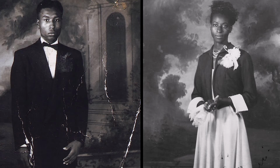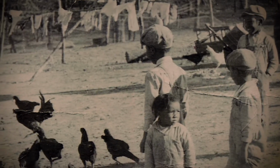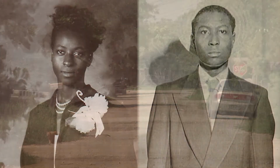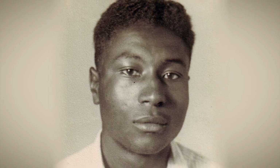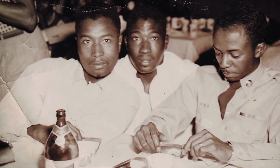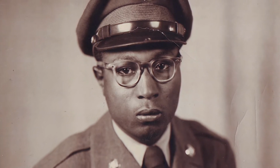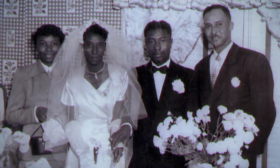My parents were high school sweethearts. Both of them were the children of farm families who lived in different communities outside the city limits of Marlin. Eventually, both their families moved into the city and they lived in the same neighborhood. My dad was the oldest of 6 children. He was drafted into the Korean War. Before leaving, he asked my mother to wait for him. After being honorably discharged in 1952, he came back to Marlin, they got married, and 2 days later caught a